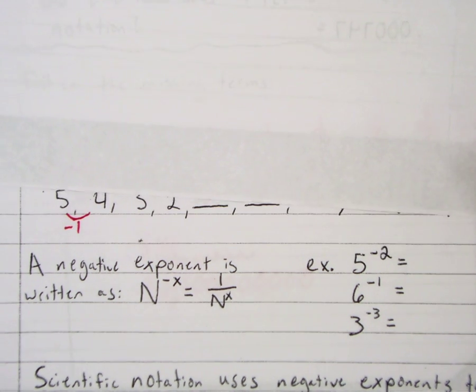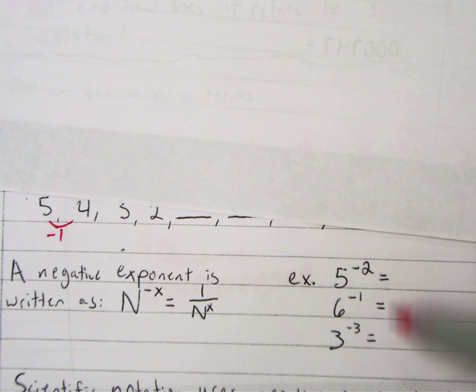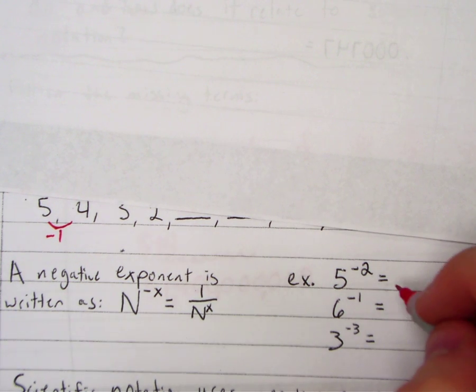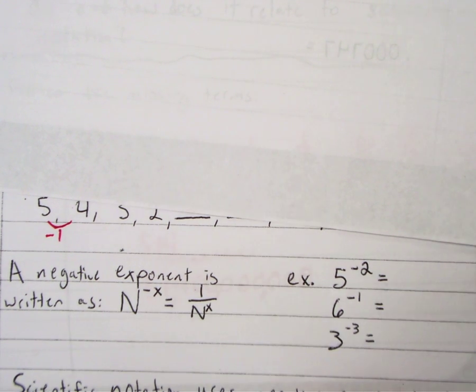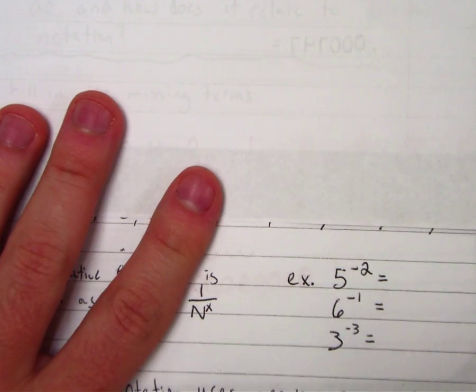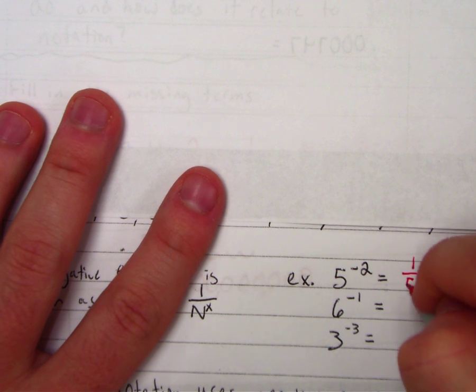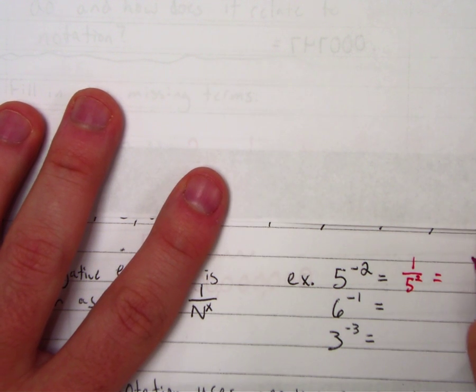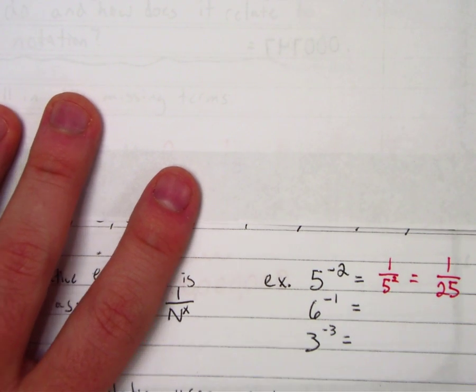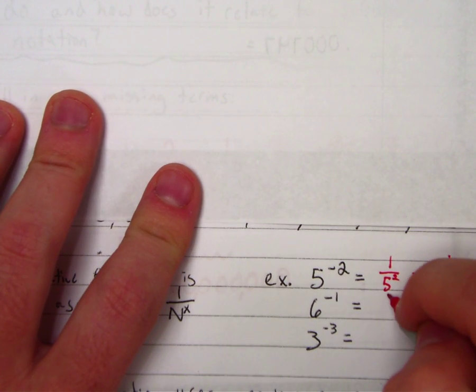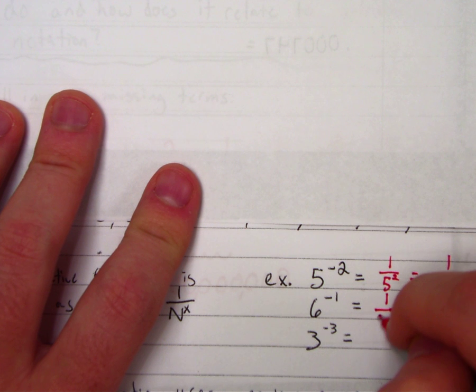So go ahead and pause the video and try these 3 examples on the right. Now that you've tried the examples, I'm going to go ahead and do them for you. 5 to the negative 2, well, that's simply 1 over 5 squared, which is 1/25. 6 to the negative 1 is simply 1 over 6 to the 1,